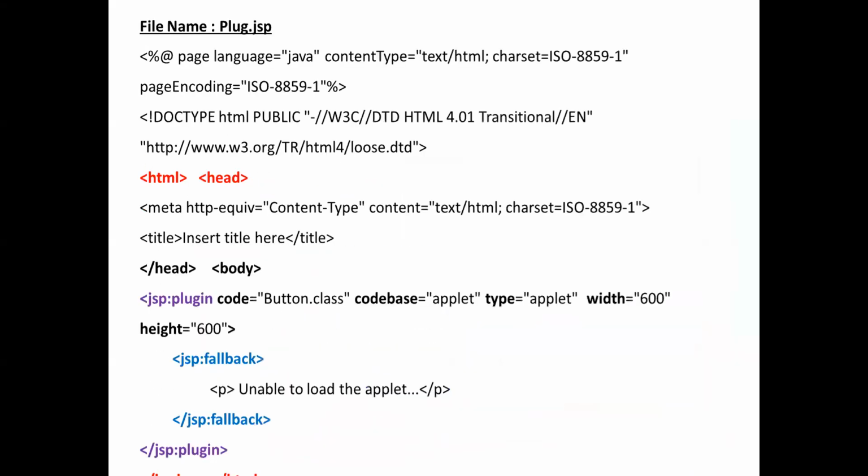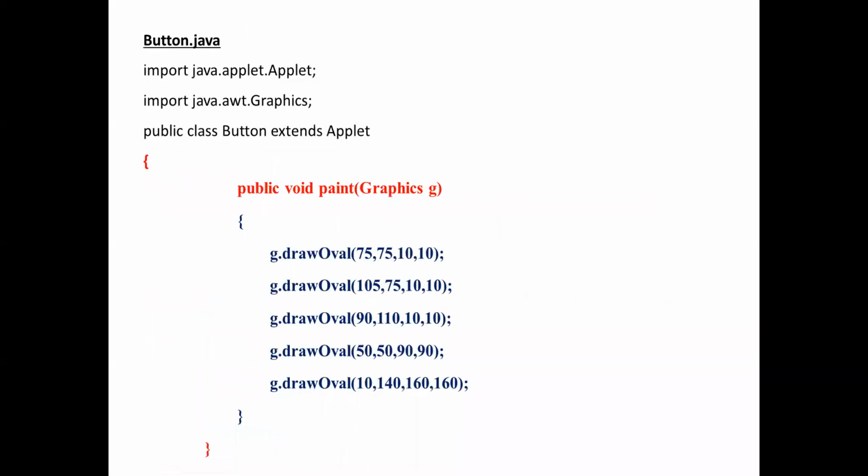Okay, so we can go to the coding part. This is the coding part. So first I have to create a JSP page. That JSP page will be plug.jsp, that is the file name, and another one I have to take a Java file.